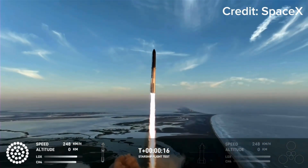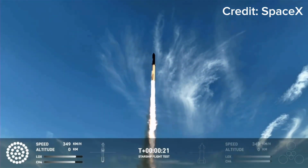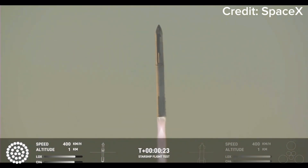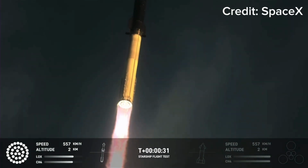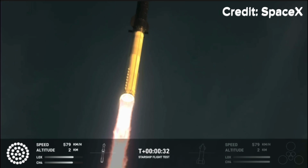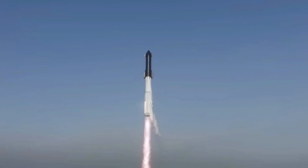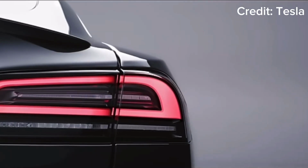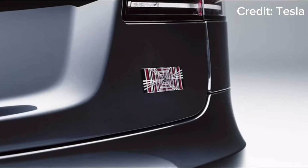Its next objective was to reach max Q, or maximum aerodynamic pressure. Then it needed to achieve stage separation, then reach space, then survive re-entering the atmosphere, and land in Hawaii. At this point in time, in the vehicle's previous launch, the hydraulic power unit exploded, meaning that the vehicle couldn't be controlled properly. But this prototype uses much more precise and redundant electric motors, which some people say come from